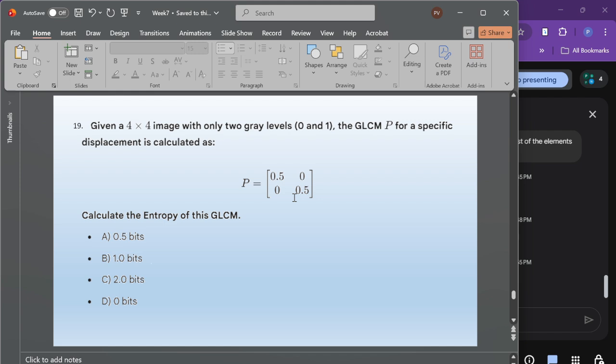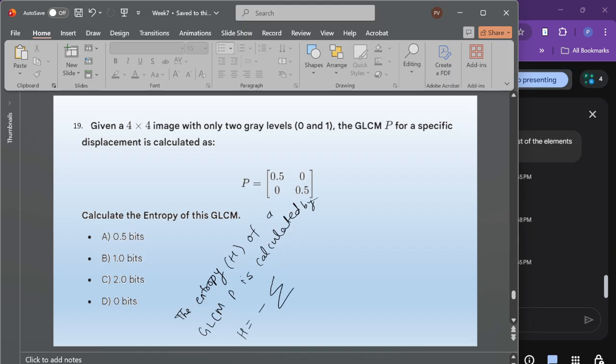Now moving to our next question. Given a 4 by 4 image, this one, with only two gray levels, that is 0 and 1. The GLCM P, for a specific displacement, is calculated as shown here. So we need to calculate the entropy of this GLCM. How can we calculate it? As we know, the entropy H of a GLCM P is calculated by